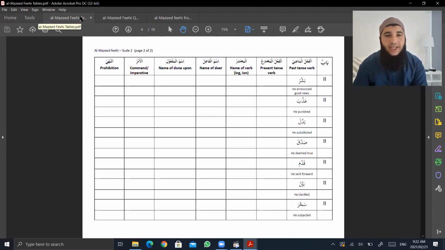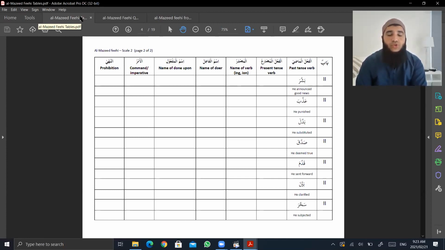Okay. Now let's take another verb. I'm just going to pick randomly. Saddaqa. And this is one of the verbs that we had for homework last week, right? Saddaqa means what? Saddaqa means to ratify, to believe, to deem true. All of those are meanings of the verb saddaqa. Right. Let's say that scale. Saddaqa, yusaddiqu, tasdiqan, musaddiqun, musaddaqun, saddiq, la tusaddiq. Again,